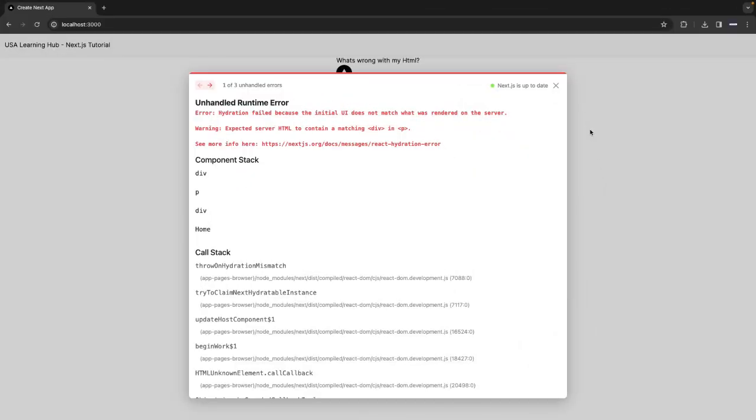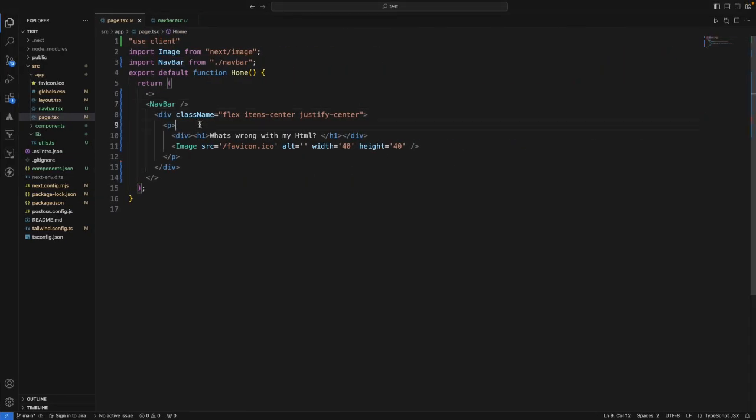Did you come across this type of problem while working with a Next.js application? So let's look at how we can fix this. So right now I have a div. Within this div I have a p tag where we can input some text, but this p tag has a